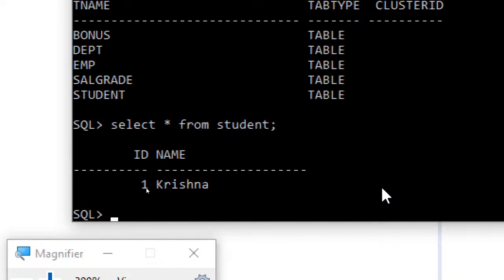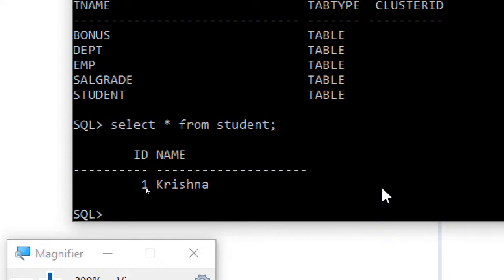And the assignment I have given to you for today is, you insert records by reading values from the user. I want you to run a for loop for 10 times or 5 times, whatever you wish, and then read the number and name, and in the for loop you start adding them. And after you add, don't forget to invoke the method execute update, because unless you invoke the execute update method, the records will not get added.